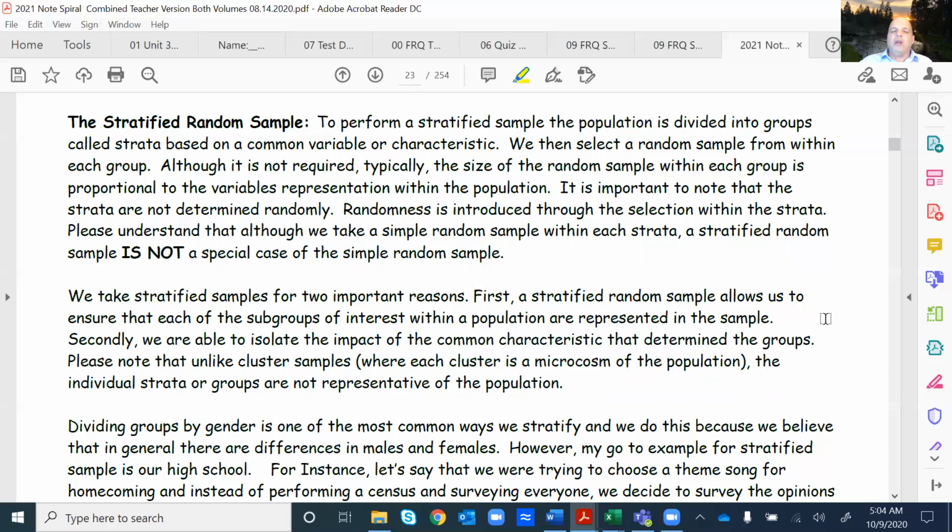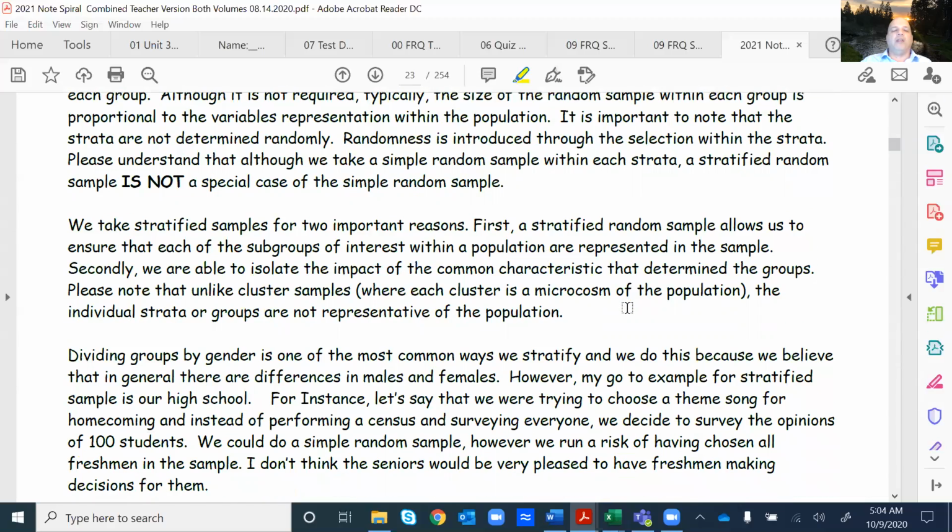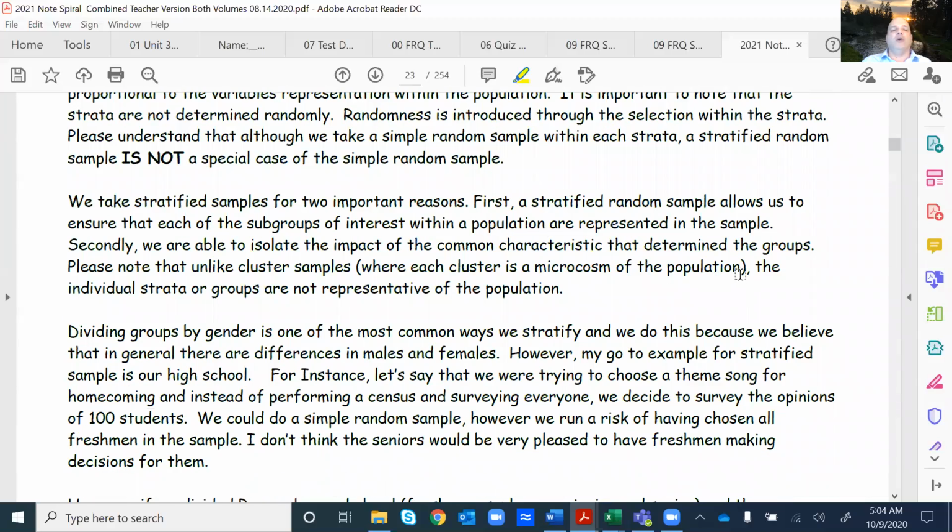Now, a stratified survey, once again, is conducted by breaking them down into groups. In other words, we break them into groups based on a common characteristic. They didn't get to choose their group. They didn't get to choose to be a freshman, sophomore, junior, or senior. This is something they already possess, the characteristic. So we made sure we had the population divided by characteristic, and then within those groups, we